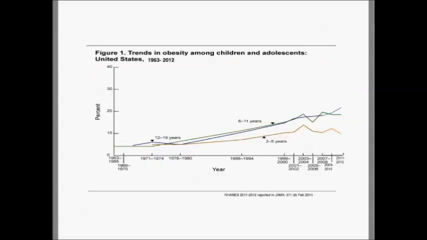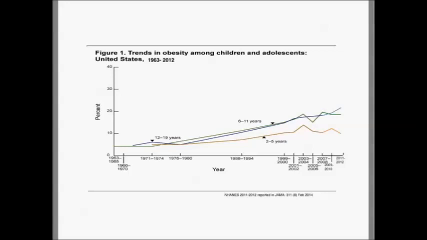So if you look at the stats, we actually had to create this diagram because for some reason it hasn't been updated recently, but you see we're doing a good job on the younger children, 2 to 5 year olds. We have that sort of sawtooth pattern, so we seem to be trending downward, or at least staying the same. With the 6 to 11 year olds, that's a green line. It was pretty consistent through the last couple years, and the 2 points, and we'll look at the exact numbers in a second.